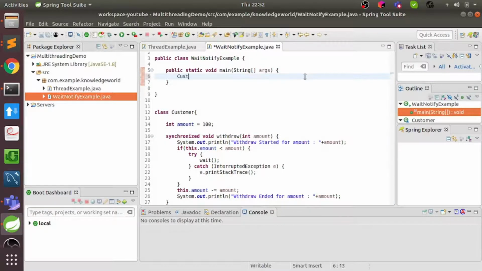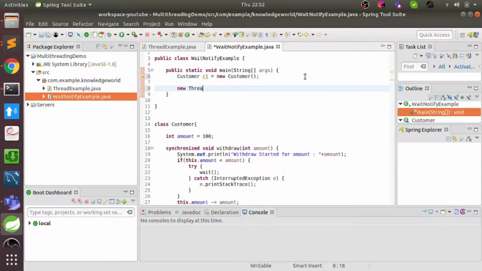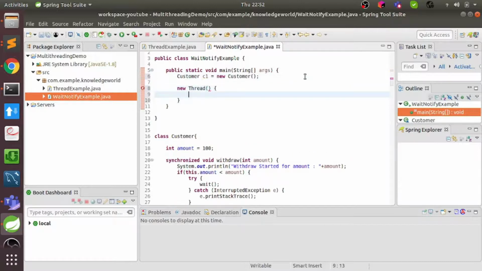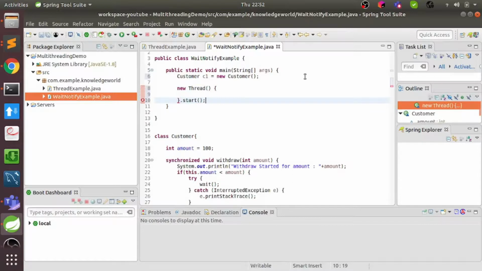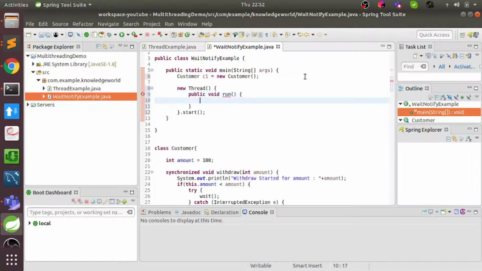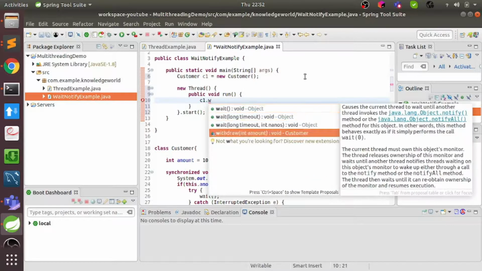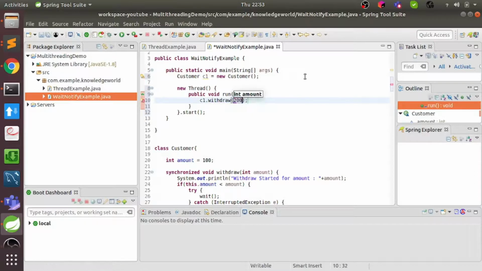We'll just create the customer object. Now we will create two threads, one for deposit and one for withdraw. This should override the run function, and it just calls c1.withdraw, let's say 200 rupees.